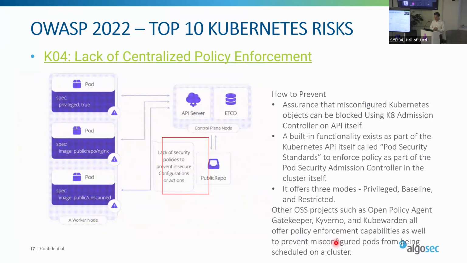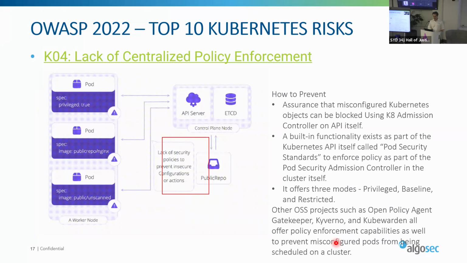Okay, so as I mentioned, policies, right? Making sure that misconfigured objects can be blocked using admission control. Kubernetes has a concept of admission, right? It means there is an API that you can call and ask whether something is allowed or not, or have a structure that verifies it. Having that policy structure defined, and disallowing images from, for example, untrusted registries, will help prevent rogue images from running in certain clusters.